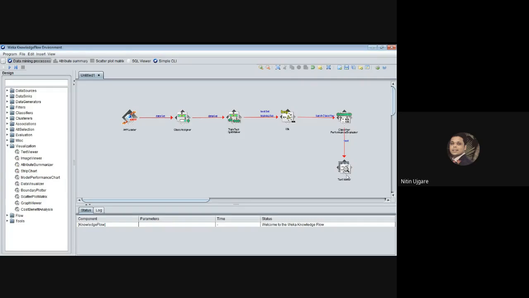And finally we have used this text viewer class. So we have done. Now just click on run. At the top left corner you can find these three command buttons. Click on this to play or to run, and in the bottom, if there are some errors, it will show you here, and you can interpret the error and accordingly make the changes in your knowledge flow environment, right?